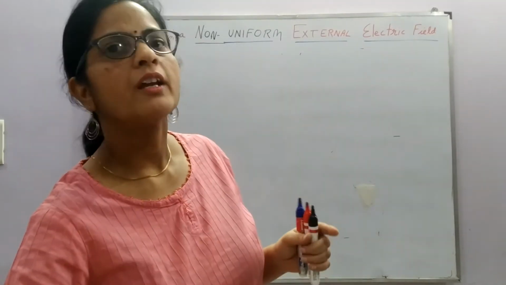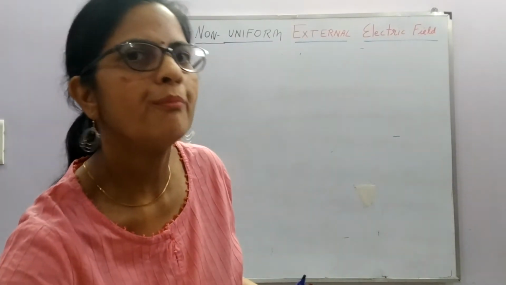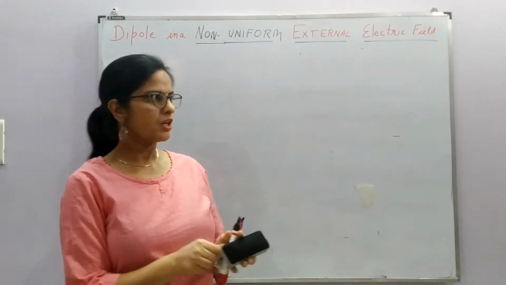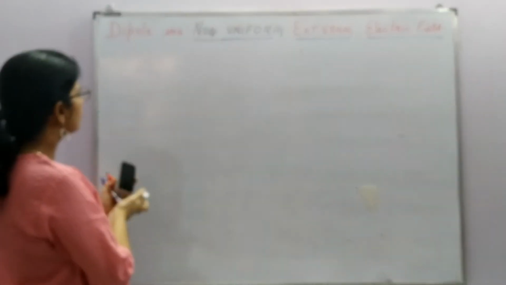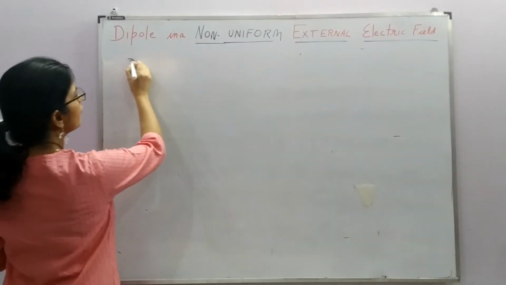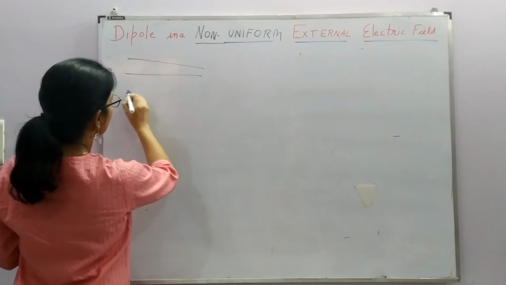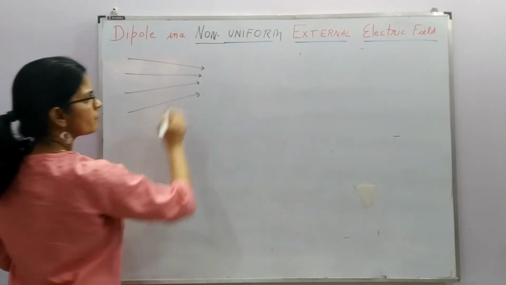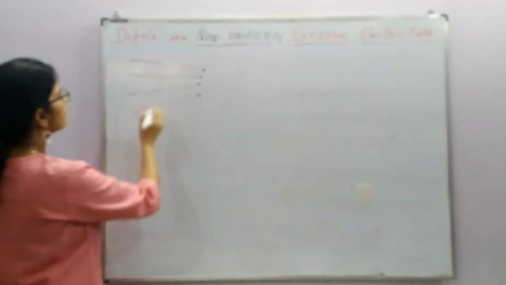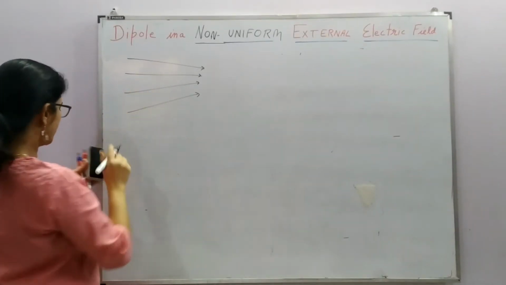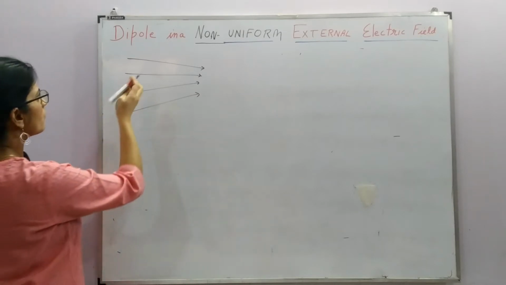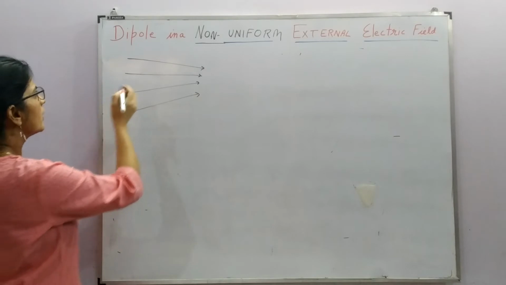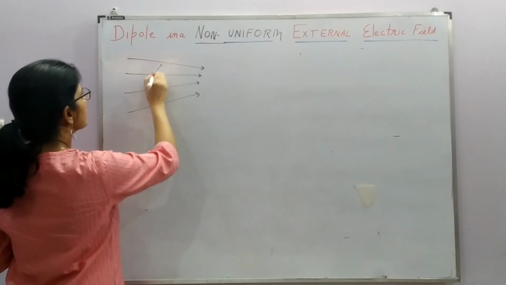We know that if a field is non-uniform, then it is represented by unparallel lines, right? So if we want to represent a non-uniform external electric field, we can represent this electric field like this. This is non-uniform, obviously. So if we consider a dipole in this non-uniform electric field, and if we consider this like this,